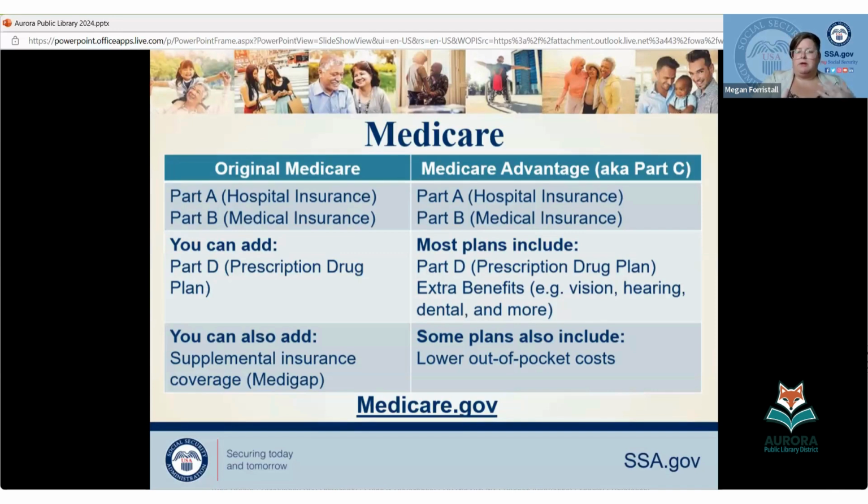Now, this has always been original Medicare. Like I said, Part D came around 20 years ago, and people can add supplements or Medigap, or they might use some sort of letter in the alphabet above the letter D. And then increasingly popular is Medicare Advantage plans, also known as Part C.